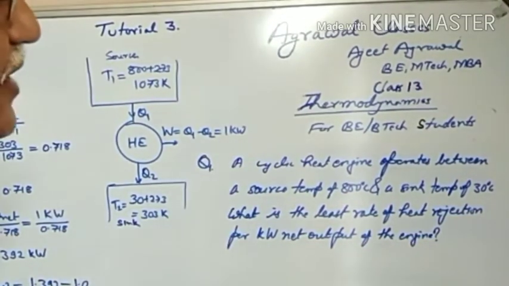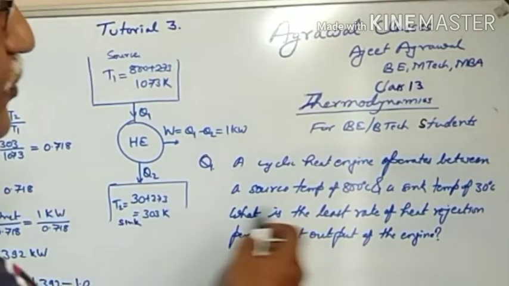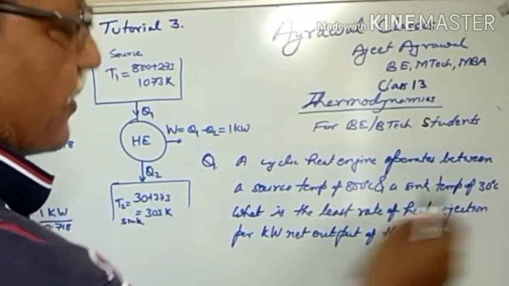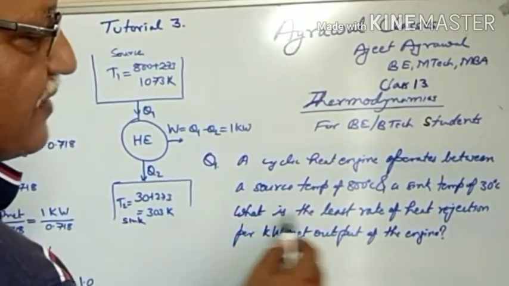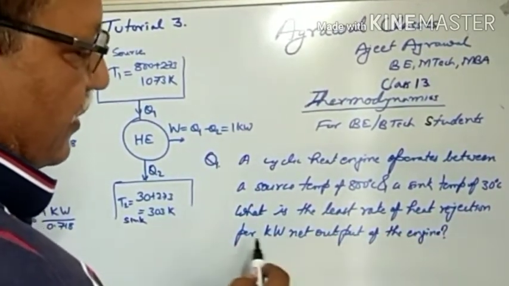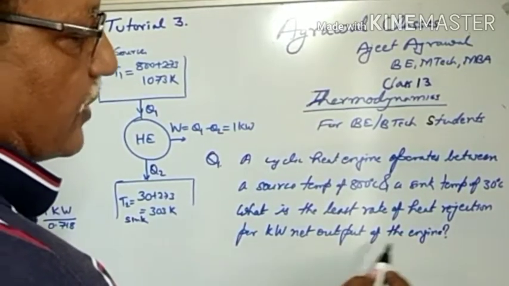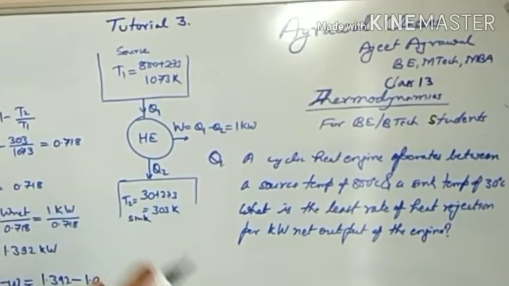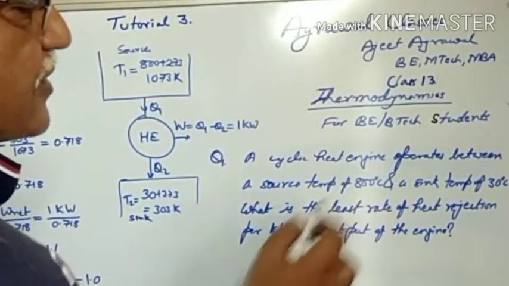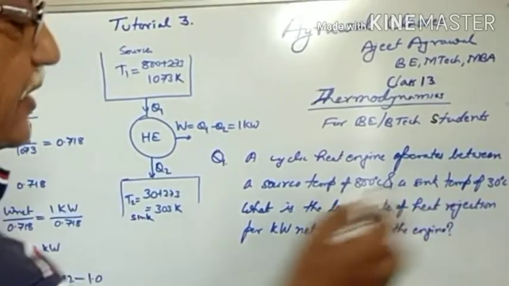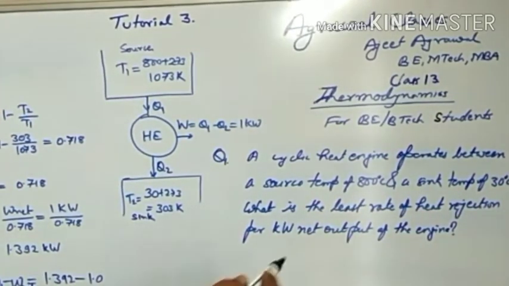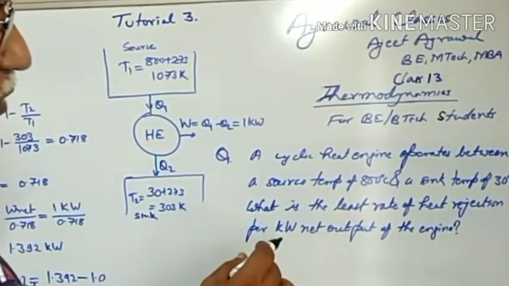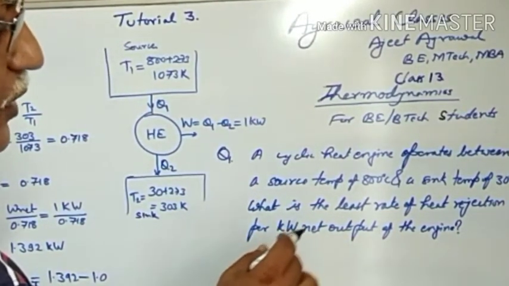A cyclic heat engine operates between a source temperature of 800 degrees centigrade and a sink temperature of 30 degrees centigrade. What is the least rate of heat rejection per kilowatt net output of the engine? In this question, it is given that a cyclic heat engine is operating between a temperature of 800 degrees centigrade and 30 degrees centigrade, and we have to find out the minimum amount of heat rejection for 1 kilowatt net